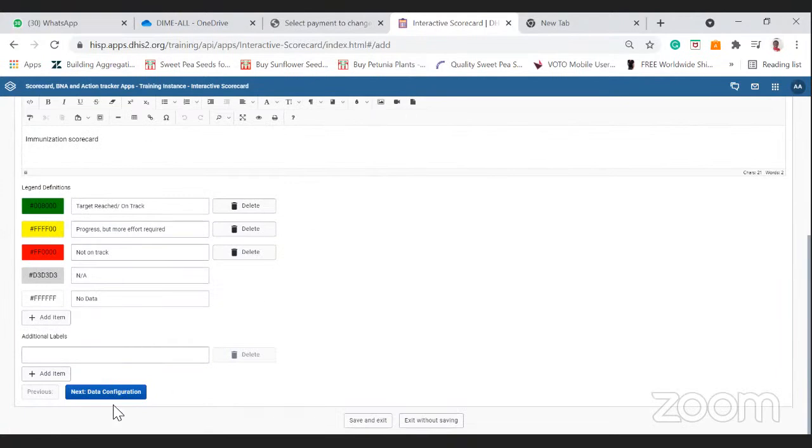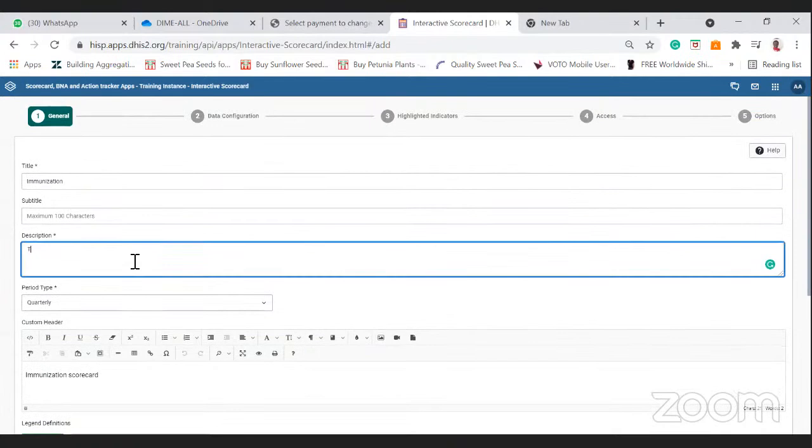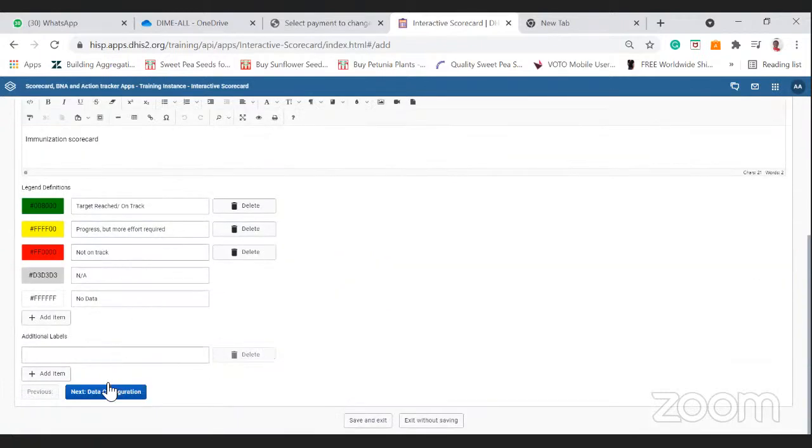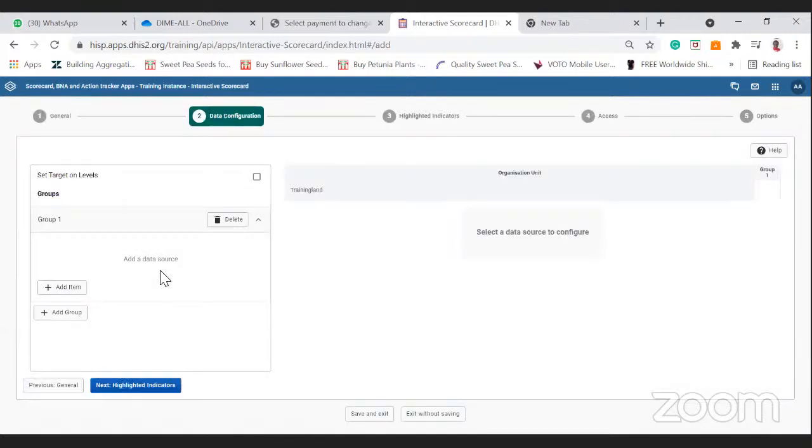So this is part one, where you just provide the basic information about the scorecard, what we have qualified as the general information, and then it allows you to go to the next step. So the next step is the data configuration. As we said, the scorecard now allows you to put together a number of indicators that you want to be visualized. So on the data configuration, another interesting feature is the ability to add indicators in terms of